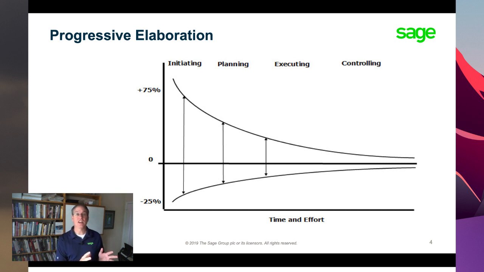Way back in initiating, you can see there's a pretty significant deviation. There's a chance it's going to cost us 75% more, or even double what we originally estimated, or it could cost us less. It never costs less, but let's just pretend. So it could be significantly higher than what we talk about in initiation. And this is one of the reasons why these planning documents are so important.